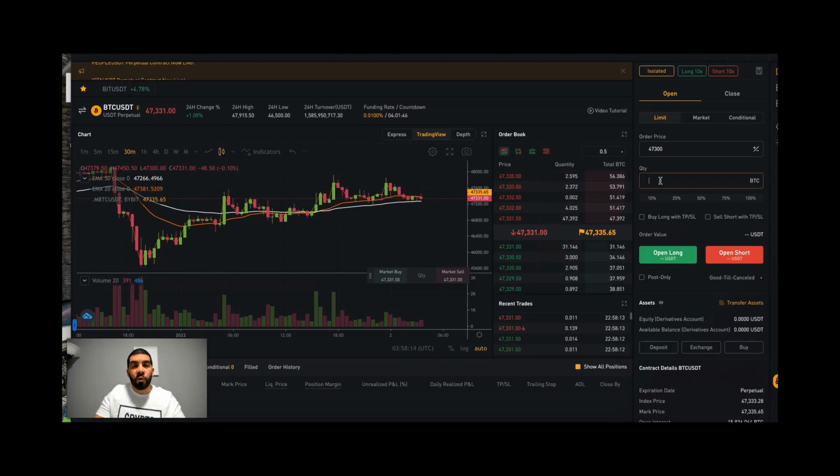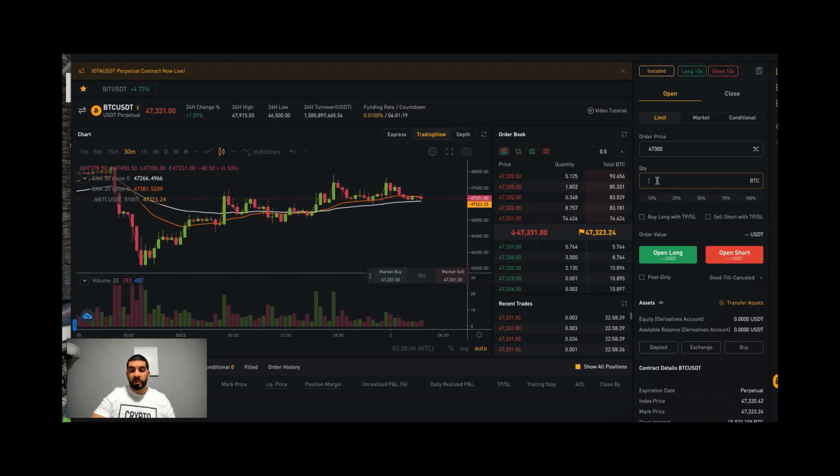So what you want to do is get used to using only 2% of your account. What that does is keep you in a safe range because the market is very volatile, and the last thing you want to do is get liquidated. It's okay to lose trades, but you don't want to liquidate your positions. When you liquidate your positions, you lose it all. We don't want to do that. So the 2% is not an option here, but